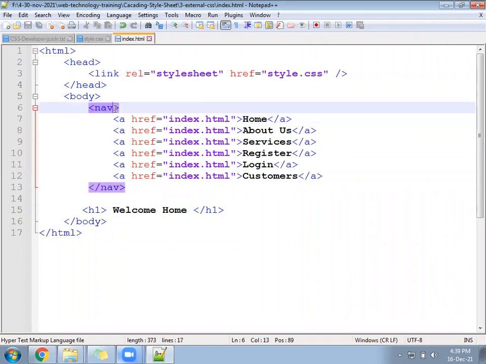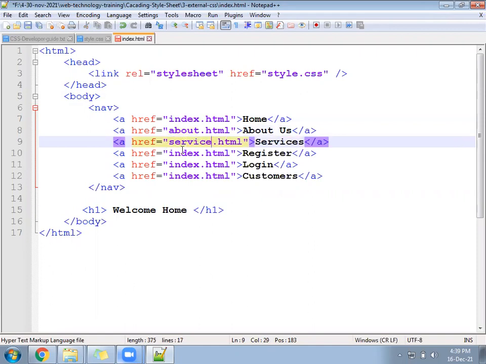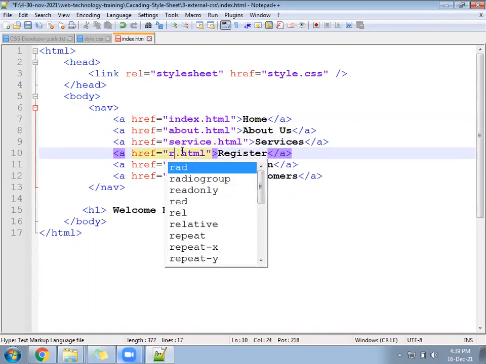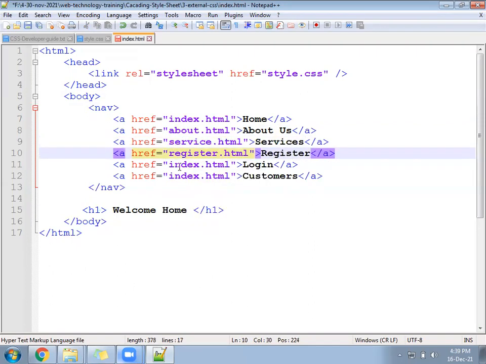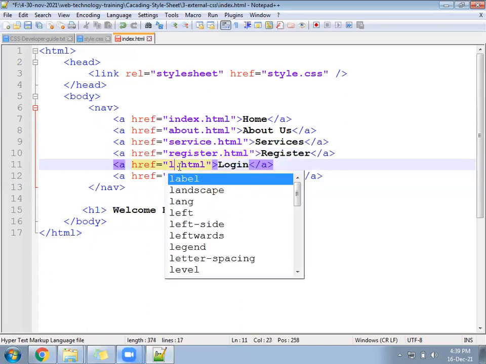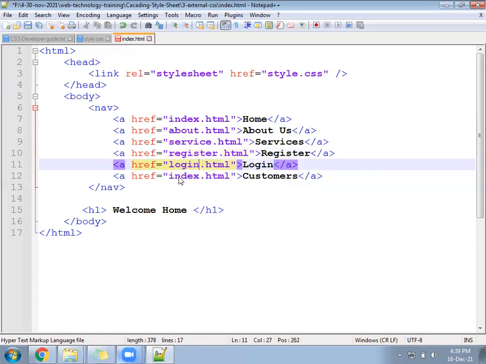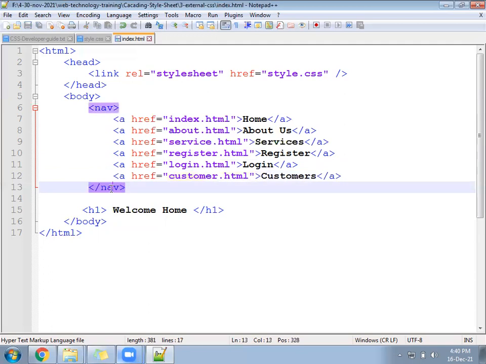Now you have to change the file names: about, service, register, login, customers. Home, About us, Services, Register, Login, and Customers.